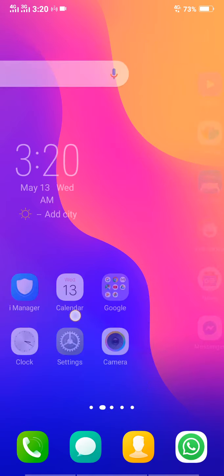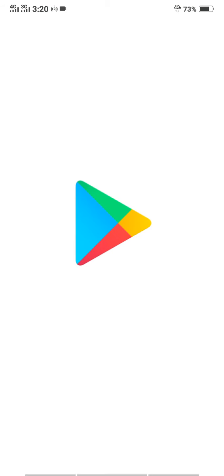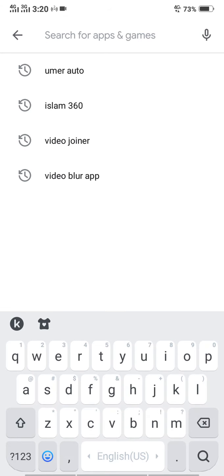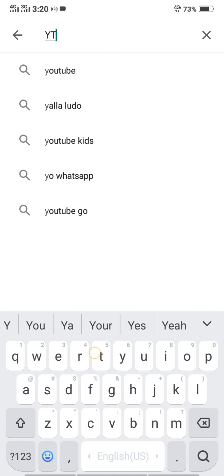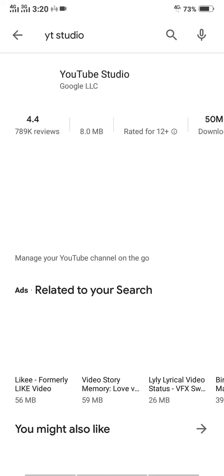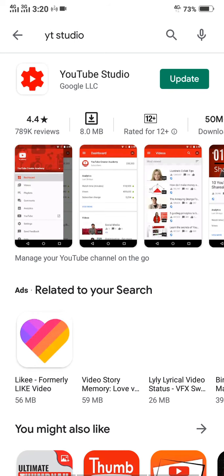For this purpose, just go to the Play Store, as I have an Android phone, and in the search bar write YT Studio. Y stands for YouTube, T for Studio. So you need to write YT Studio in the Play Store and click on it. I already installed it, otherwise on the left side there is the download option. Just click on that button, and once it's installed,